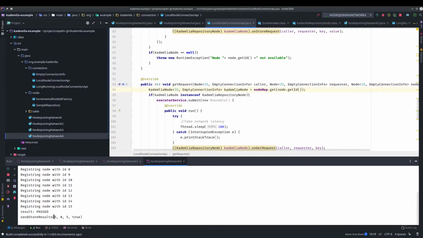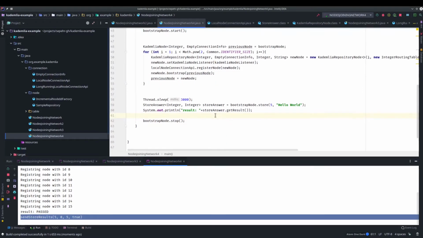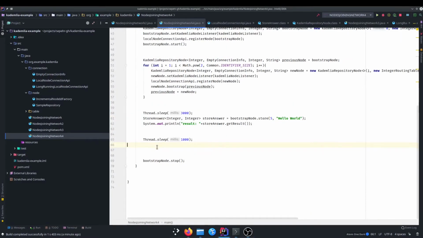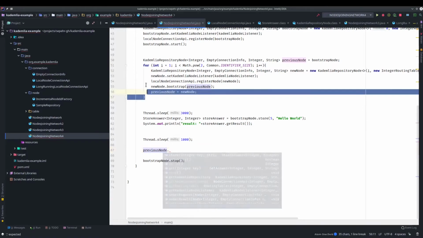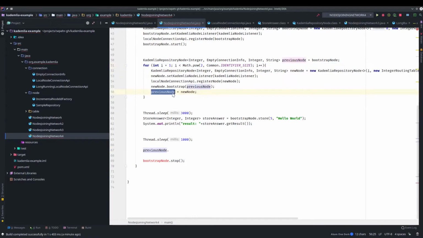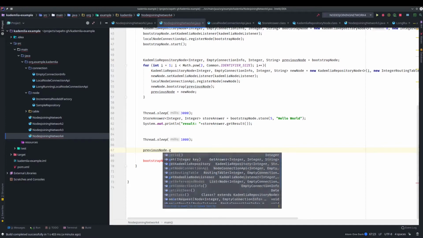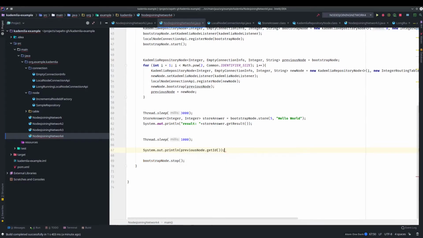Yep, it's another print. It's okay, never mind. So let's try and read this data from the DHT. And to read the data, I'm going to use the final node, which is this one. And of course, according to this loop, the node ID of the previous node should be 15. To make sure, I'm gonna print that